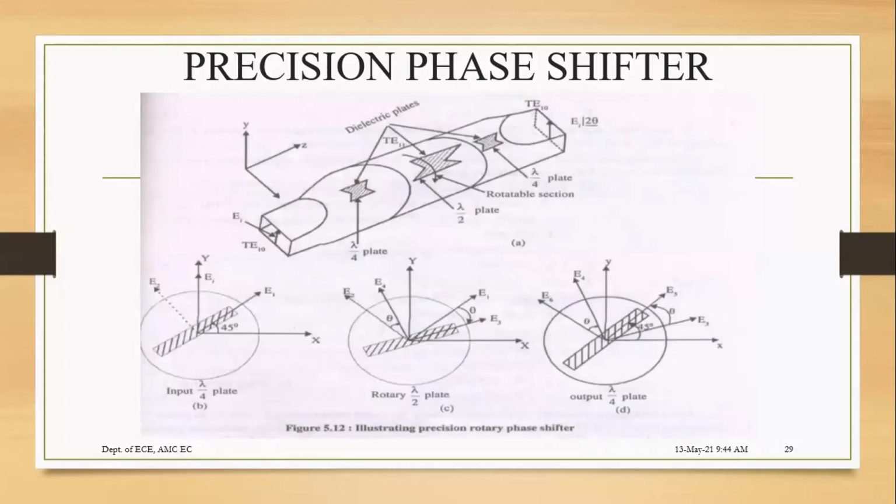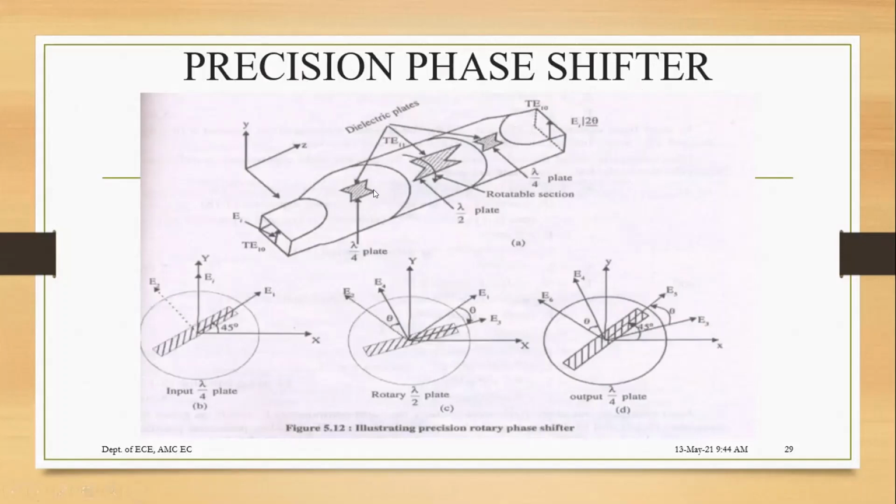propagation. So when there are oscillations happening linearly, that is called linear polarization. If you have the oscillation happening circularly, then we say that is circular polarization. In general, I can just say it is the electric field or the magnetic field variation with respect to time. If it is linear, it is linear polarization. If it is circular, it is circular polarization. Now here, from the quarter wave section, it is converted into a circular polarized wave, or vice versa. From a circular polarized wave, it can also be converted back into a linear polarized wave in the quarter wave plate.